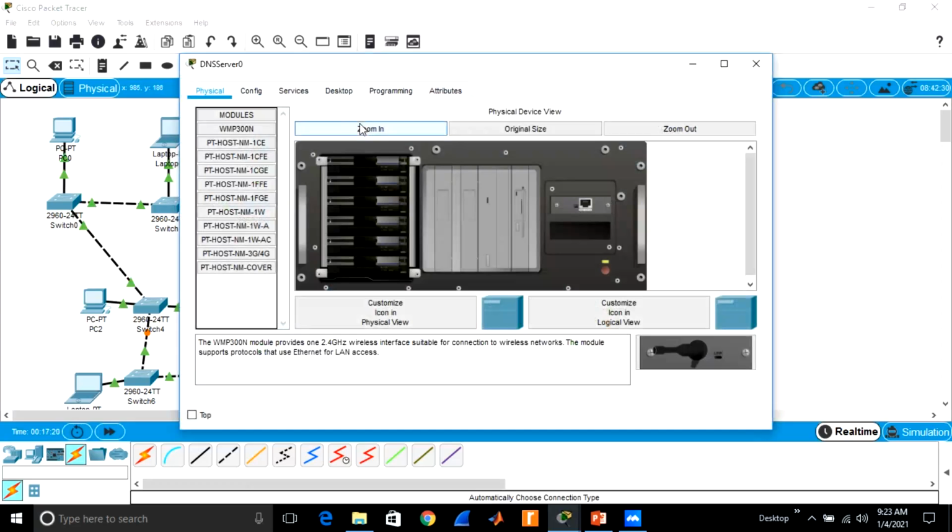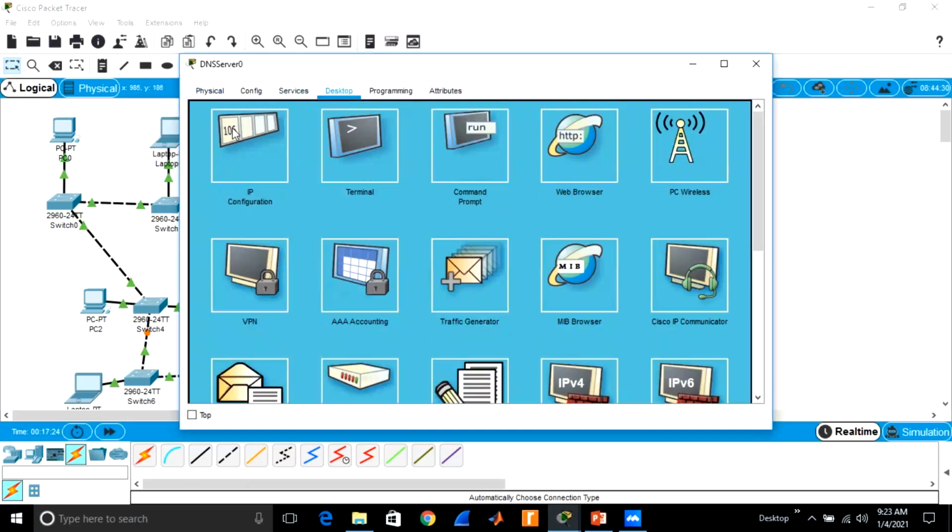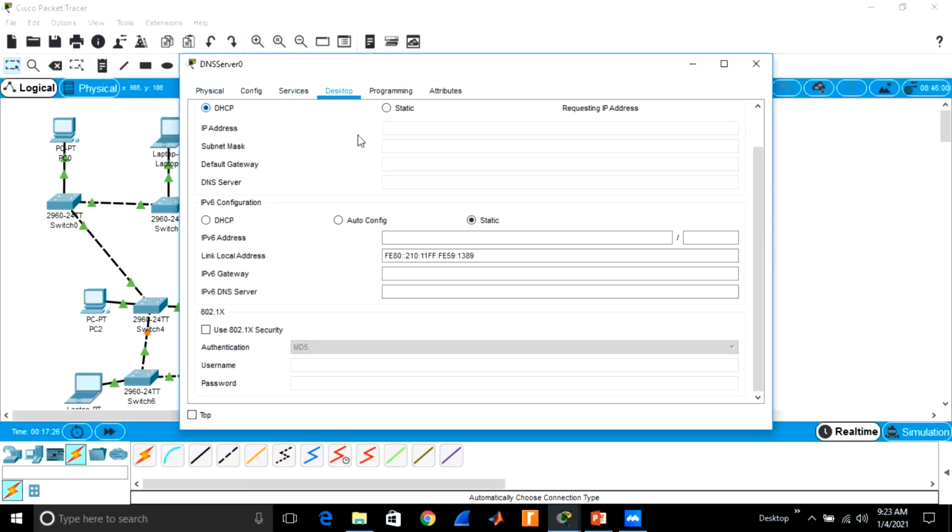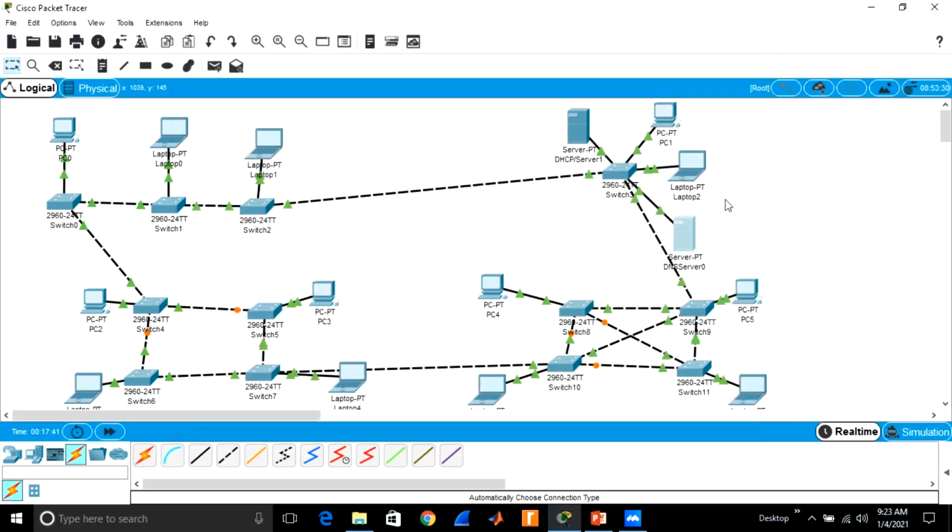This is the DNS server. In this case, there is no need of a DNS server, but I want to give you some homework, and this will be the open-ended lab of the midterm. Therefore, that is why I use the DNS server.